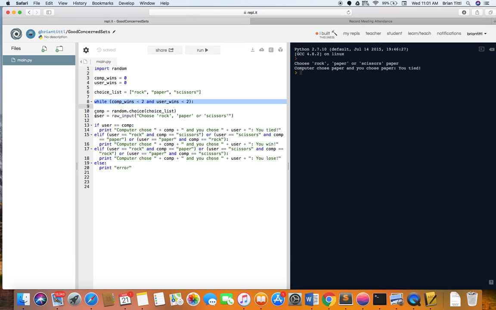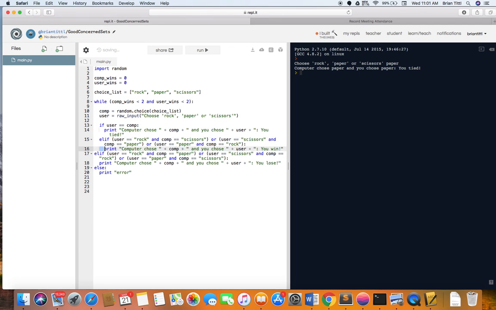Now, in order for the rest of our program to be in that while loop, remember we have to indent. So we're going to indent the rest of the program here. And that puts this within the while loop. And so every time the loop runs, it will run the code that's within the loop. Okay, so